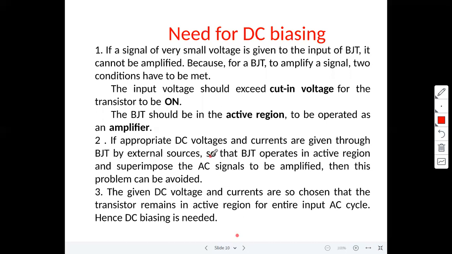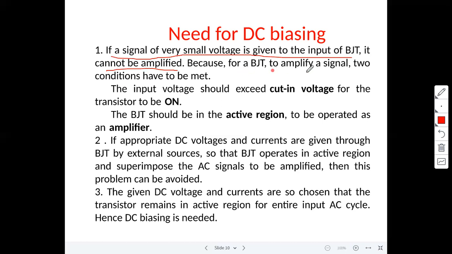Okay, why do we need biasing? Already we know, to keep the transistor in the active region, we require a bias. And some other points, observe here. If a signal of very small voltage is given to the input of a BJT, it cannot be amplified. If you apply the input signal, an AC input signal of very small voltage, let us say some 0.3 volts, the transistor cannot amplify. Why? Because, observe here,